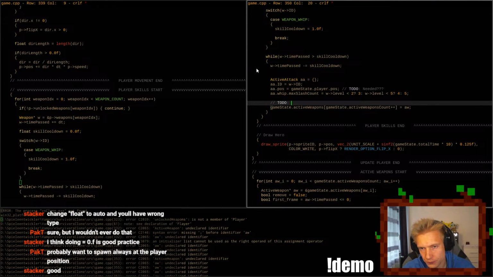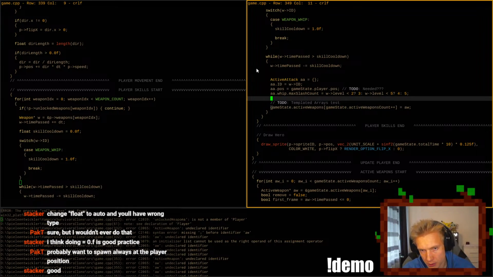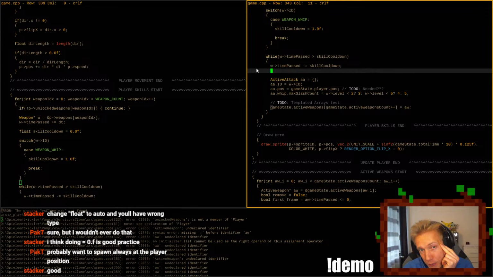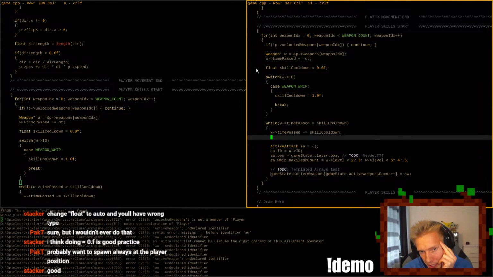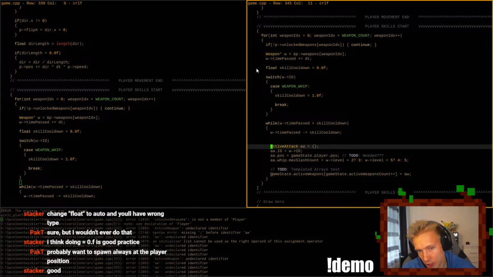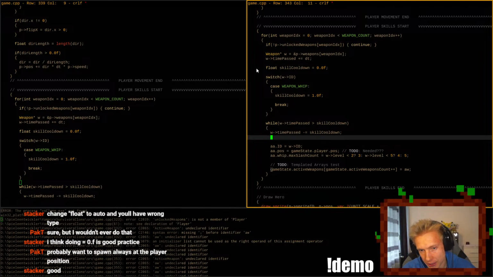To do. Templated. Erase test. Okay. Now I'm switching. I don't like this very much. I'm switching on the weapon ID here. I get a cooldown, but then I should probably also fill in the active attack, right?